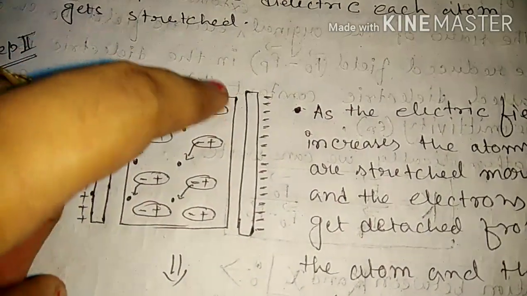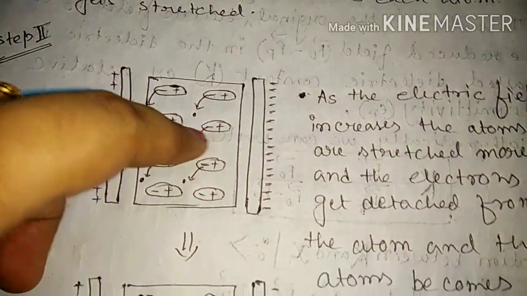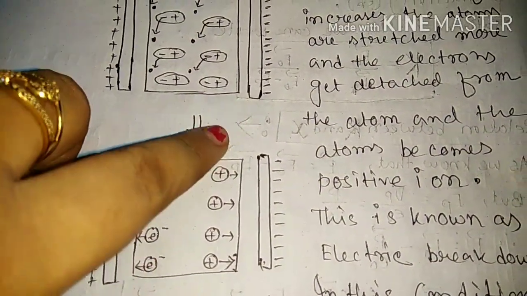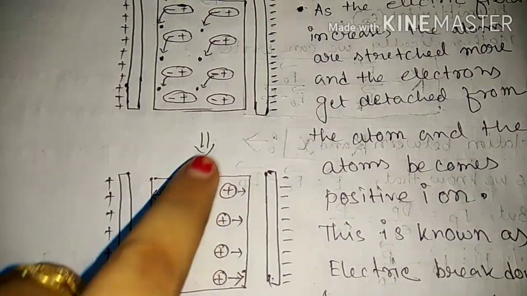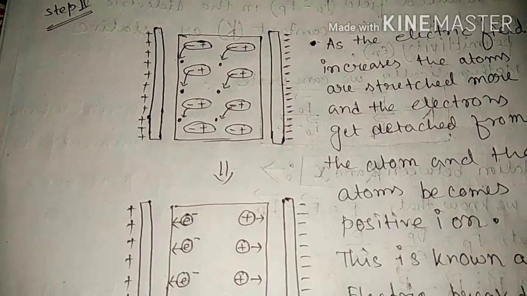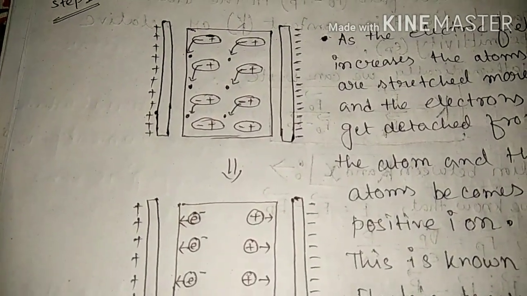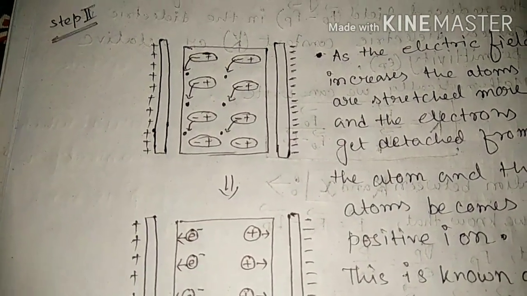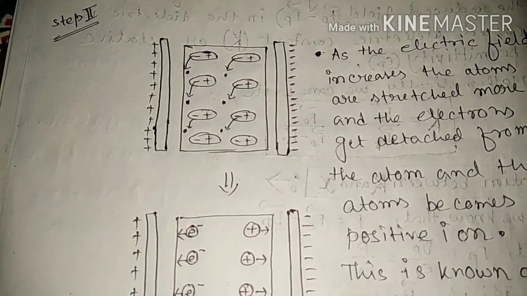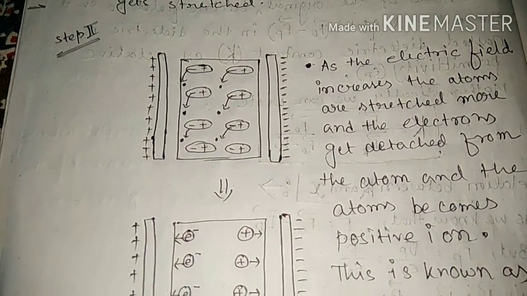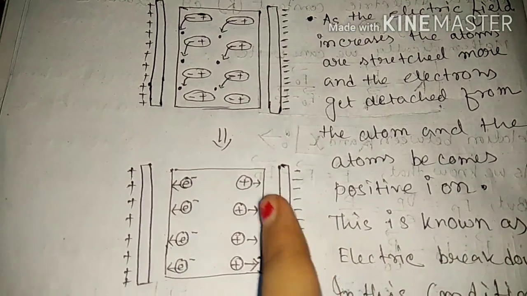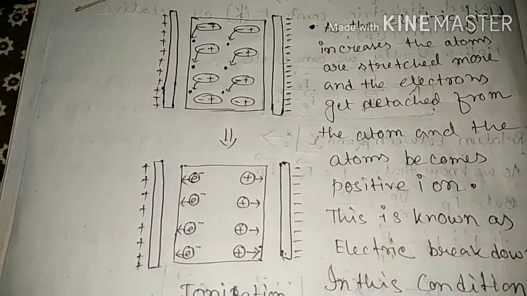We know this one. So here also the same thing. So after that, what happened? All the electrons are on this side, and the positive charges are on this side. And in this procedure, when negative charge and positive charge are separated from each other, when electrons detach from the atoms, the atoms become positive, and that positive one is attracted by the negative side of the plate. Okay, so this total procedure is called the ionization process.